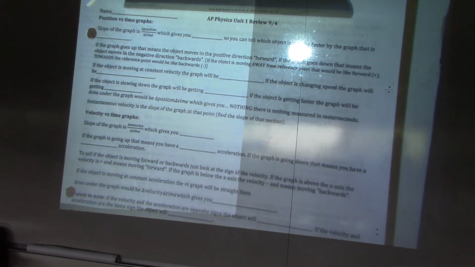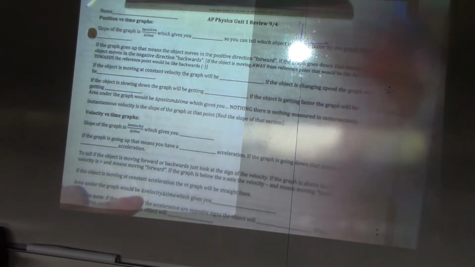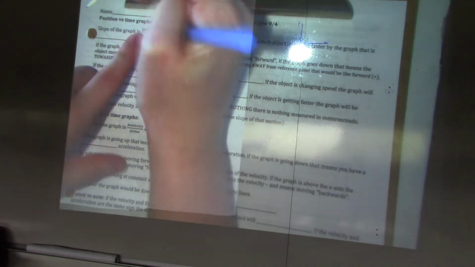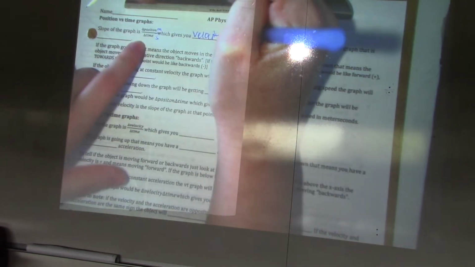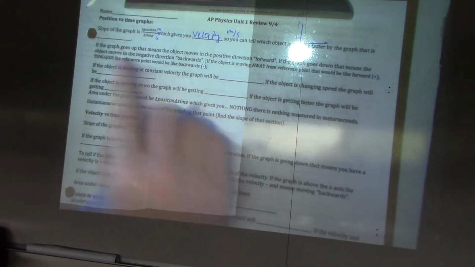Okay, so starting with position versus time graphs, the slope of a position versus time graph would just be the rise over run, change in position over time, which is going to give you velocity or your speed. Makes sense because that's meters over seconds, which gives you velocity in meters per second. So you can tell which object is moving faster by the graph that has the biggest slope, which would then